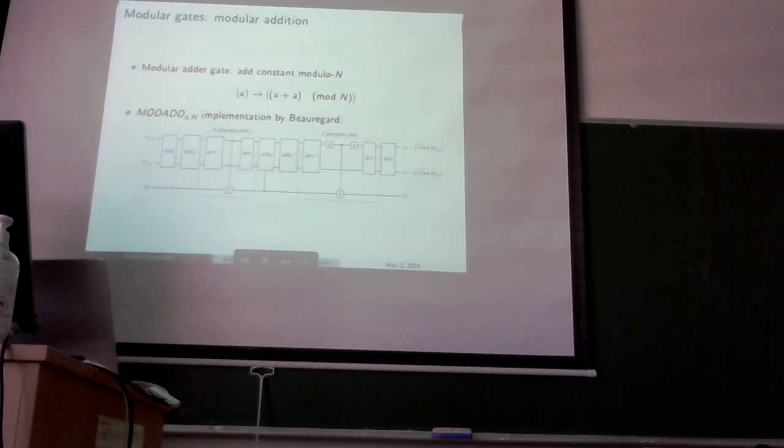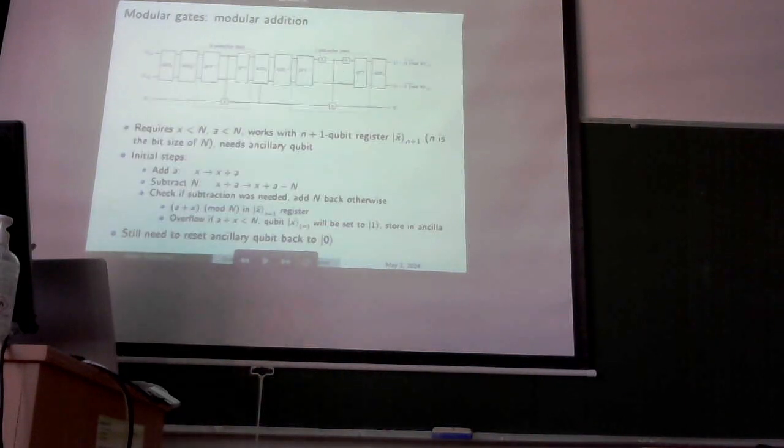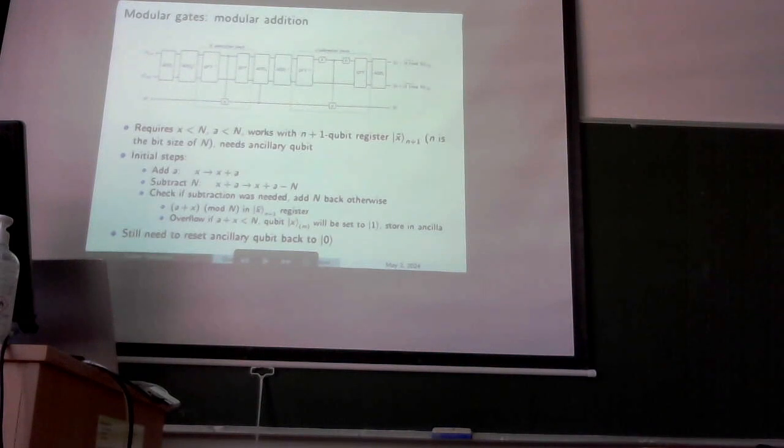The implementation I'm going to follow is the one discussed by Beauregard, which is the following circuit, and it essentially consists of two parts. I'm going to discuss them now. First, the requirements. It requires that both x and a are smaller than n, so that this modular procedure simplifies a lot, because for a generic number it would be a bit complicated to do the modulo n part. But if we follow these requirements, then it is a matter of maybe subtracting n only if it is necessary, which is why the circuit is not terribly big.